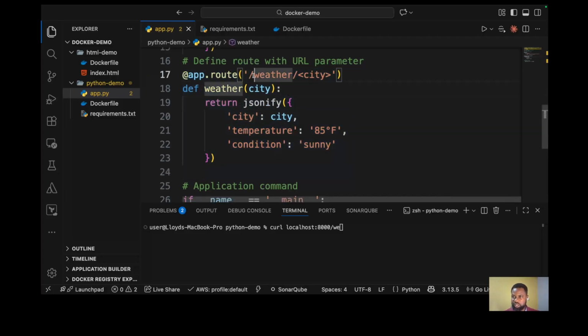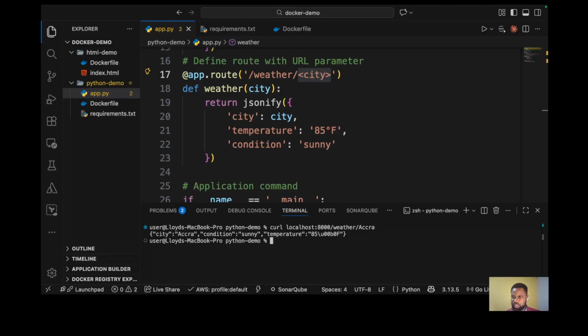Remember, this is the URL. So /weather/, and here we are going to input any city at all. Because of this parameter or this argument here, we are accepting any city. So this requires human input. Let's first of all start with Accra